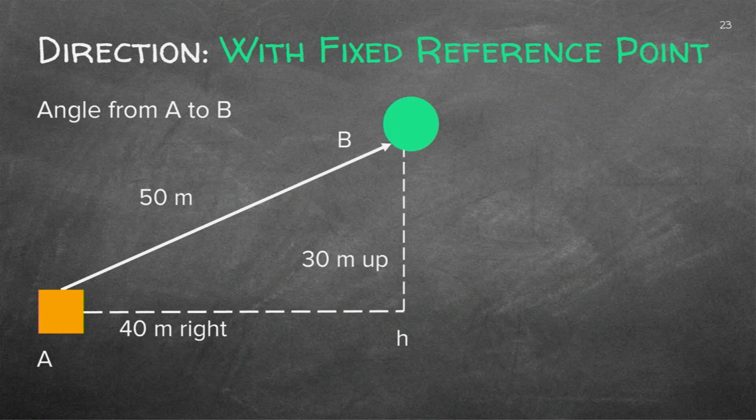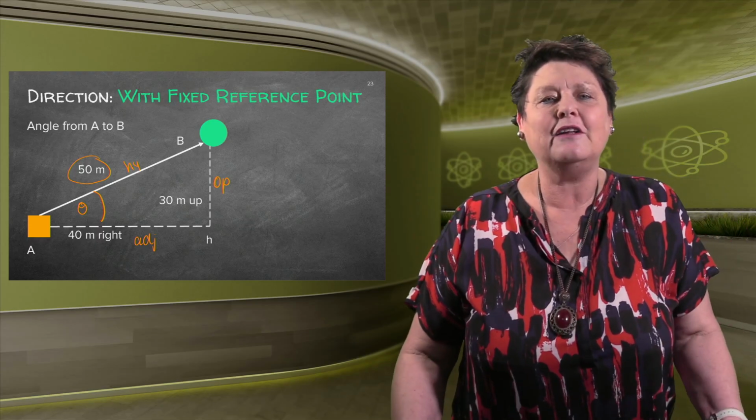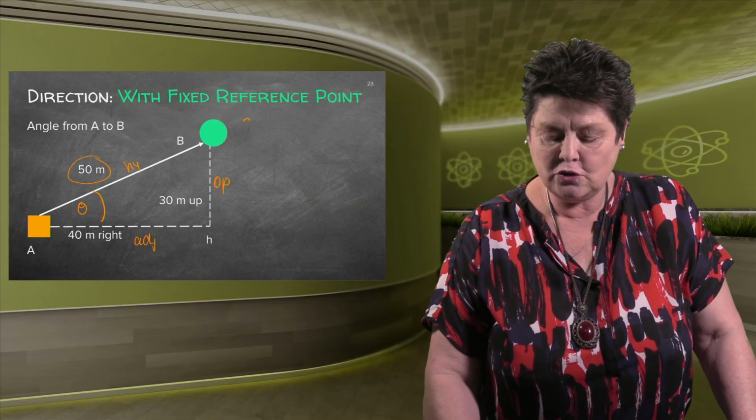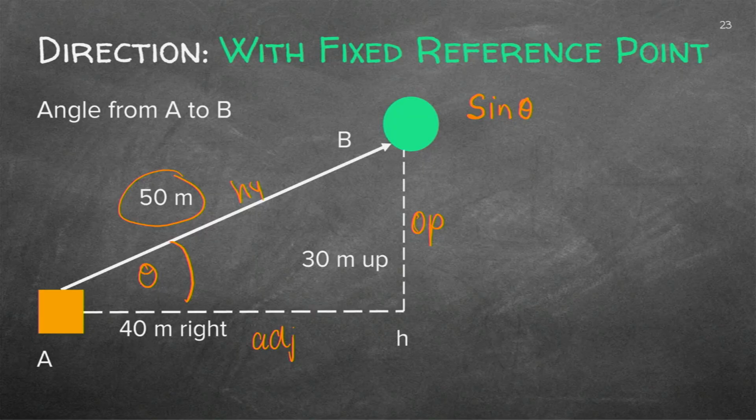Well, you're not done yet. You need to find the angle. If I found that hypotenuse, am I right? And the opposite and the adjacent sides, I now have to find that angle. And you can use 3 different triangular equations to do that. You could use sine of the angle, you can use cos of the angle, or you can use tan. In each of these 3, you will find the exact same answer.